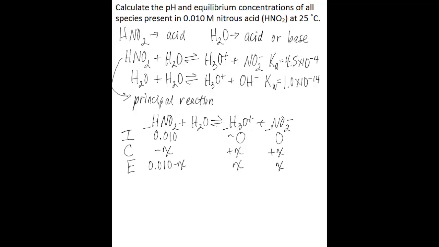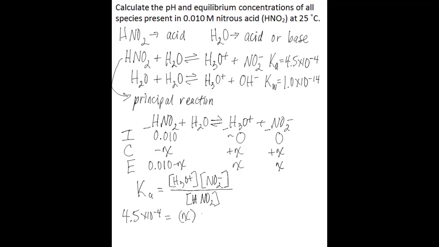So to solve for x here, we write the equilibrium equation, which is going to be Ka is equal to the hydronium ion concentration multiplied by the nitrite ion concentration divided by the nitrous acid concentration. We know the Ka value because we look it up in a table, and we find it to be 4.5 times 10 to the negative 4, and that's going to be equal to the